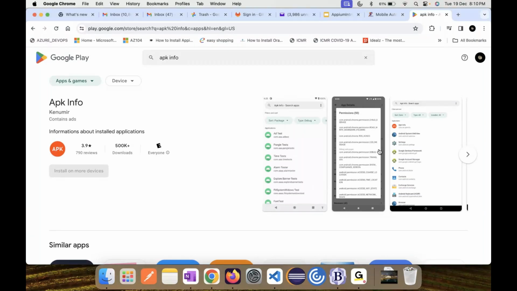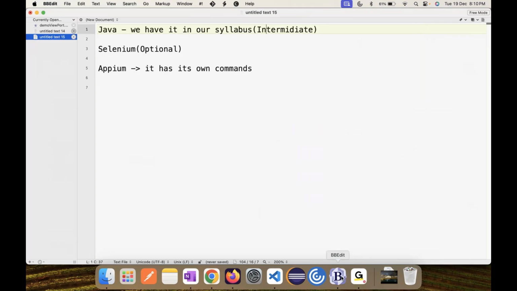As you can see, com.android, com permissions, you'll have it so that you can investigate how an application is built and what an activity is. This tool is used to investigate how a particular application has been built. I would also list it under APK Info